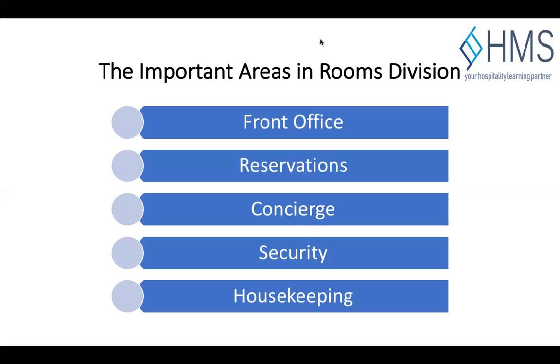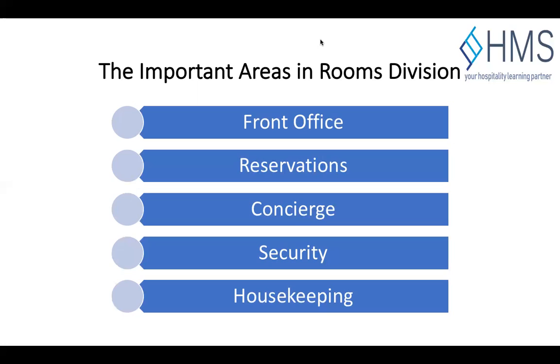Or if there are rooms that are under renovation or rooms that are vacant and dirty. So it is the responsibility of the housekeeping department and also the front office to constantly keep in touch and keep coordinating with one another, therefore ensuring smooth service